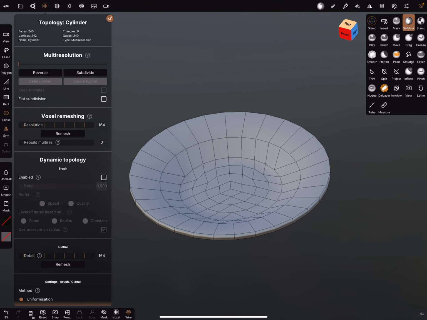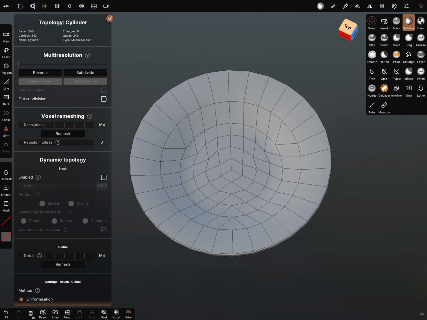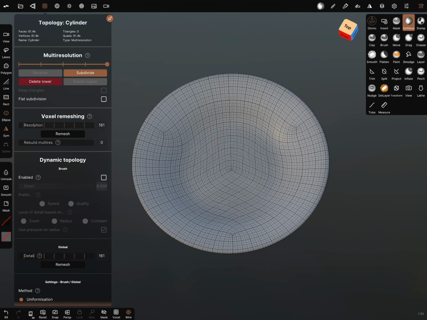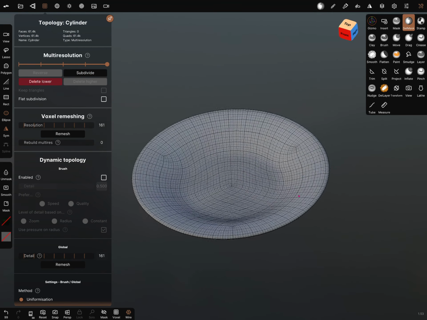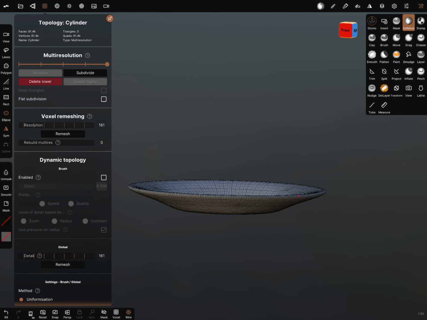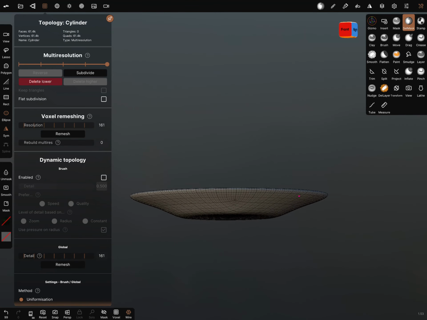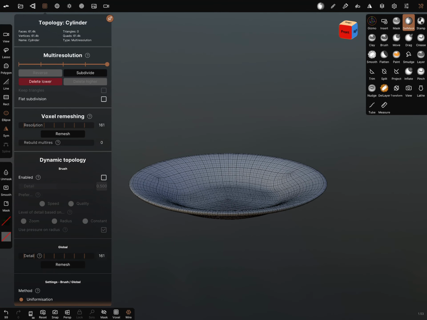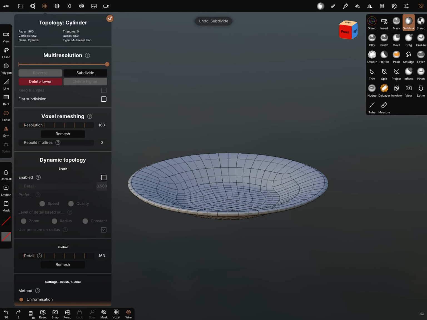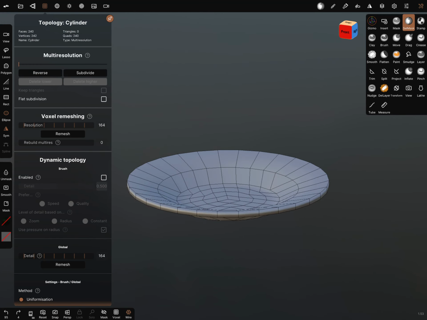I think it's okay. Now for the paintings with pictures, we need more resolution or a higher mesh. I subdivided a few times. The higher the mesh, the better is the result of the picture.